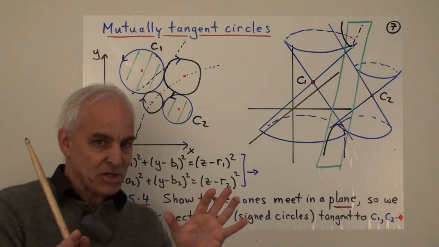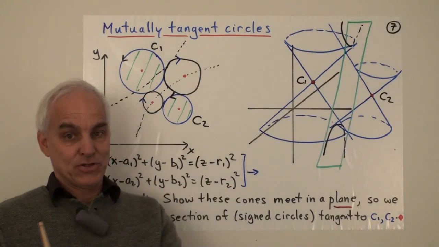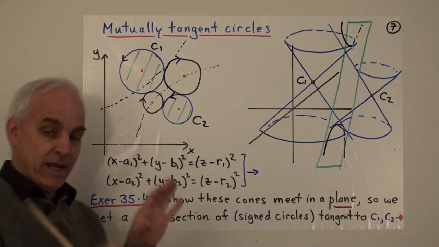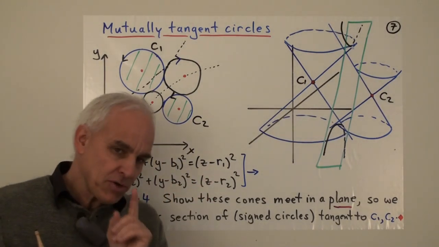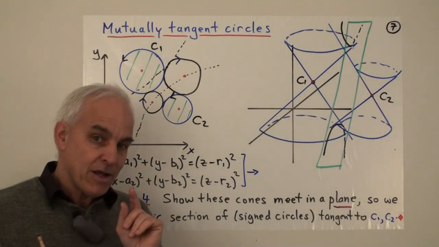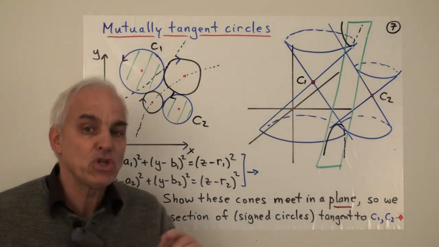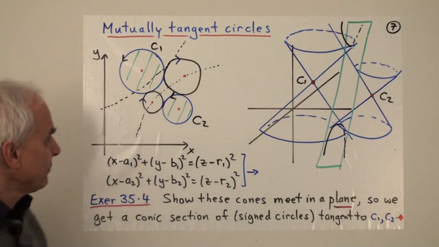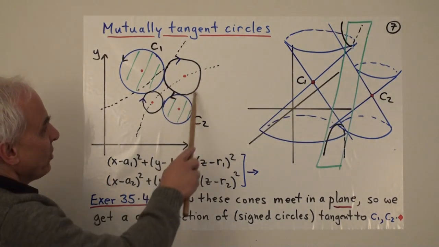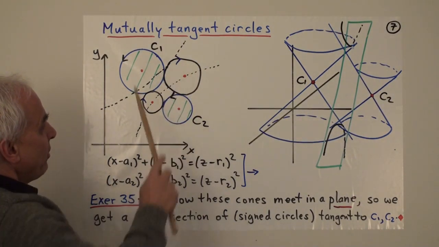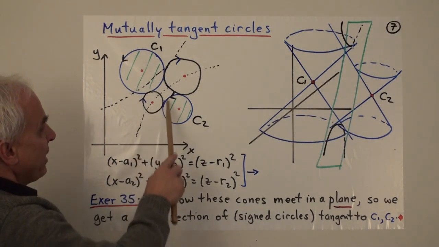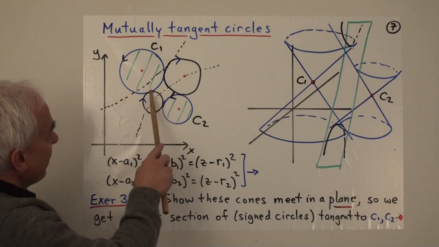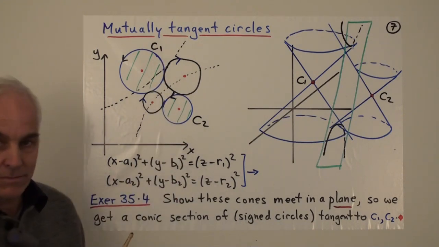And now let's extend the discussion a little bit by considering two fixed circles. So suppose we have a circle C1 and another circle C2 in the plane, and they're fixed. And we're interested in the question of finding other circles which are mutually tangent to both C1 and C2. For example, perhaps this circle here. So here's a circle which is tangent to both C1 and C2. Notice that it's going in the same direction as each of C1 and C2 where they meet.